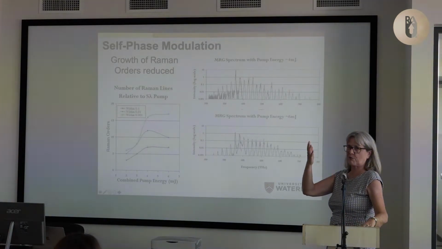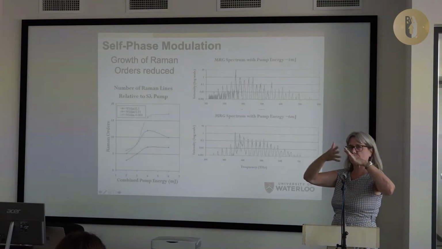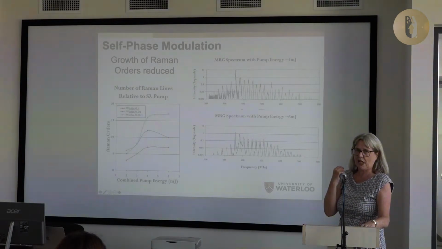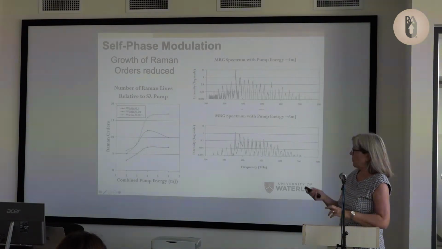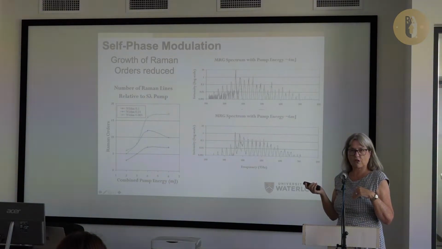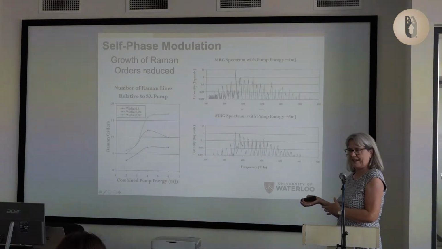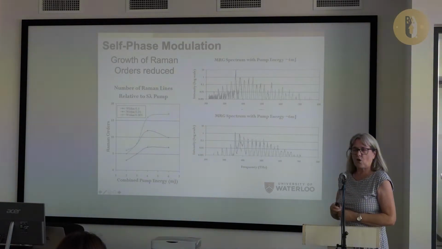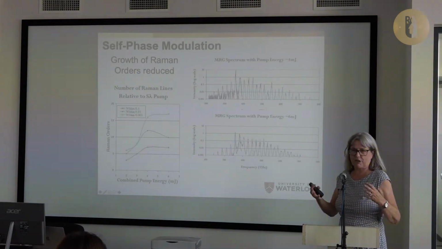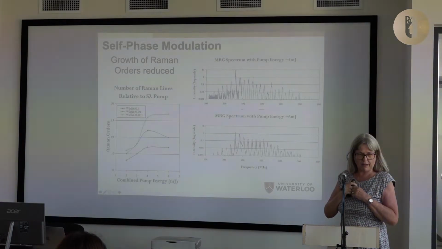So again, if you came to my talk yesterday, this is the thing I demonstrated with the slinky about how if you have a short pulse, you can make these extra colors. So we were thinking we were going in with a pulse that, and we didn't know which was the cart and which was the horse. Is it because we started making self-phase modulation that we stopped making MRG, right? Or is it something that stops MRG and so there's nothing left but for self-phase modulation? This is what we were thinking.